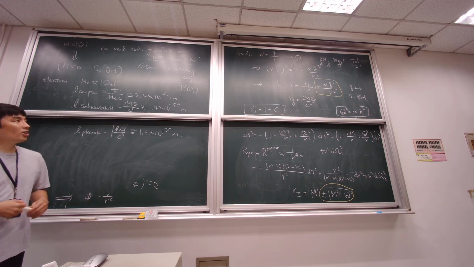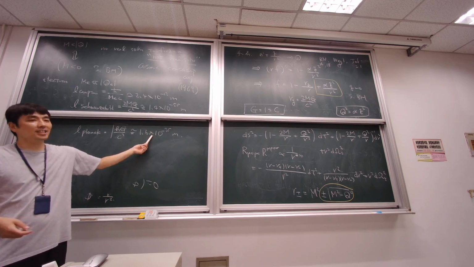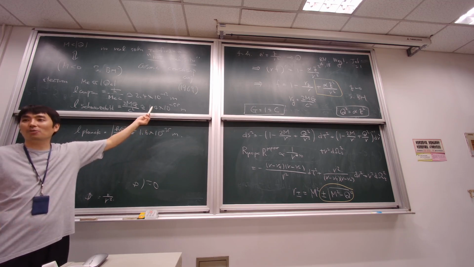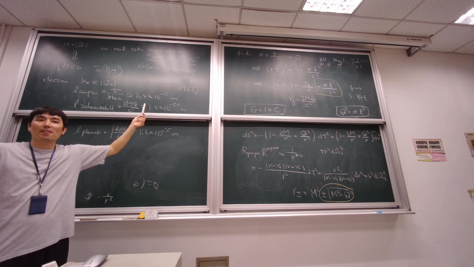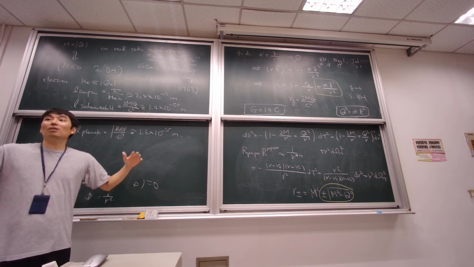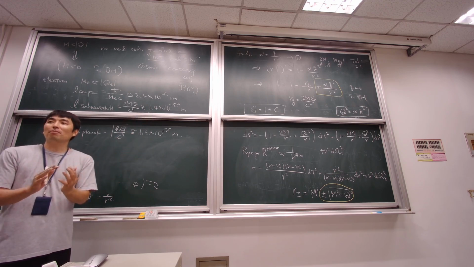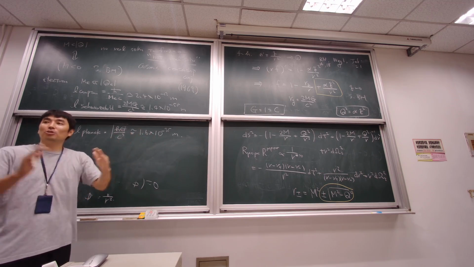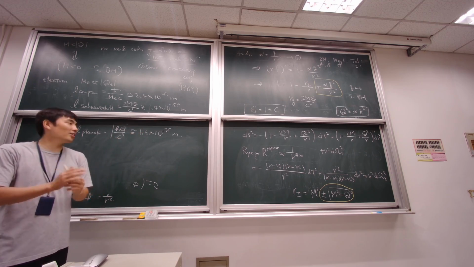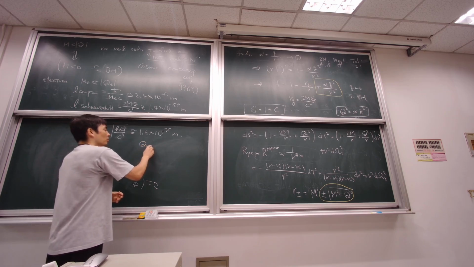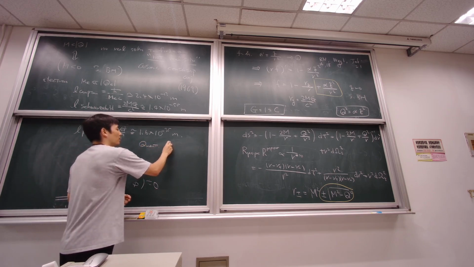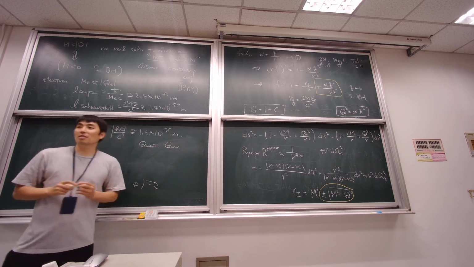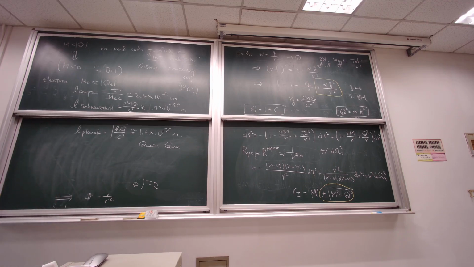Okay. So therefore, the Planck length is much larger than the Schwarzschild radius of the electron. So if there is a way to compress the electron to the level of the Schwarzschild radius, you still have to go through the Planck length, which means that around this scale quantum gravity is most important. In this case, quantum gravity is important. So therefore, classical GR will break down. So there is no way to predict the black hole nature of the electron.